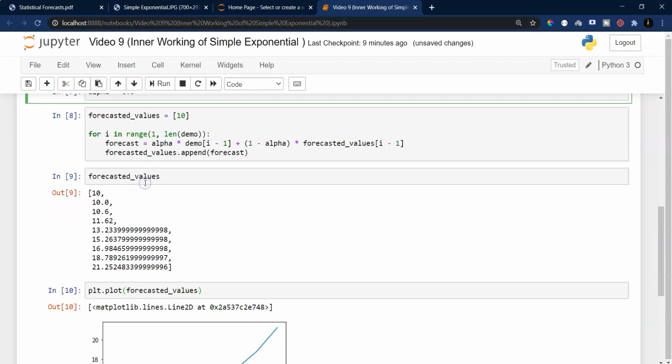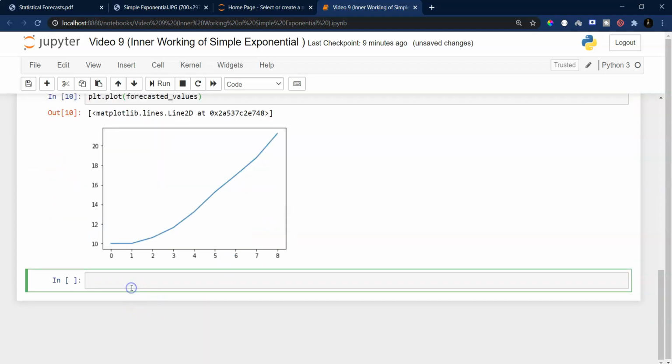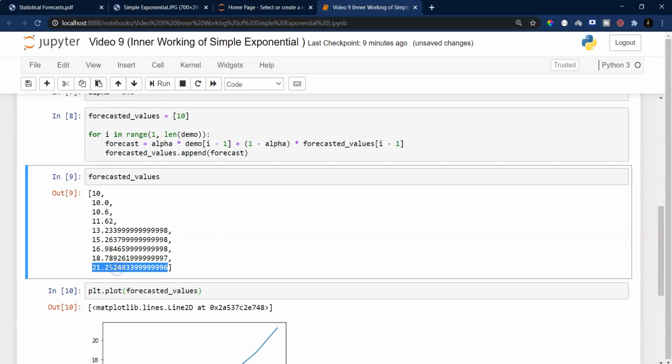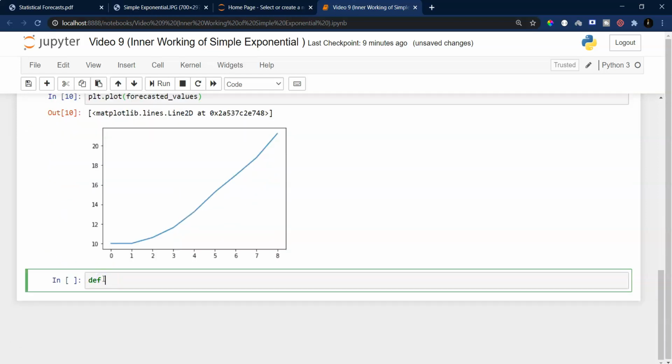Let's try out different values of alpha, and let's also make a loss function, so that we will be able to judge the performance of our forecasting algorithm. If you remember, in the sktime library, there is a function called SMAPE loss, which just takes the absolute difference and calculates some sort of percentage.